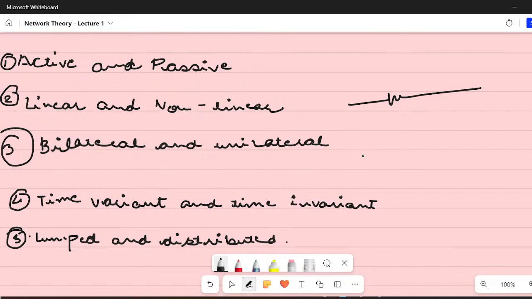So the resistance is a parameter of length. The longer the transmission line, the greater would be the resistance. Such parameters, where the resistance or impedance is not localized or lumped, would be